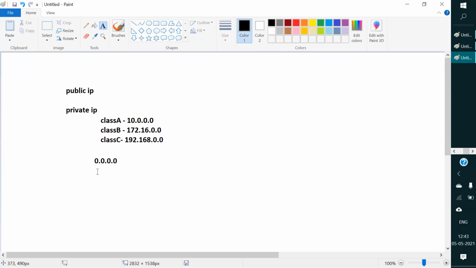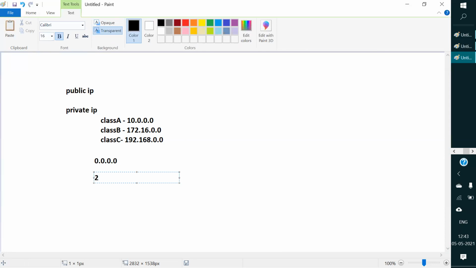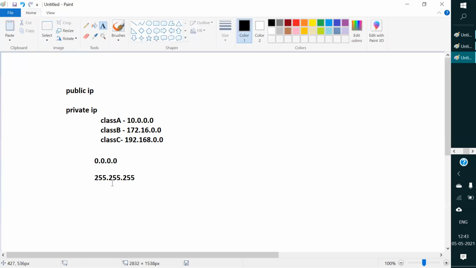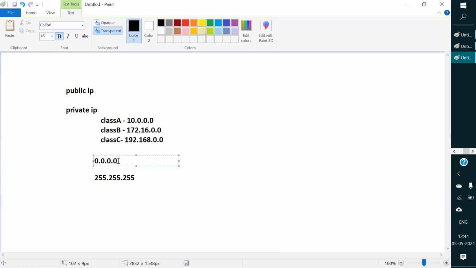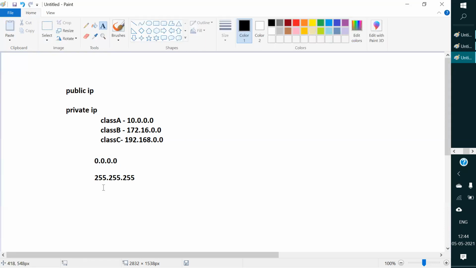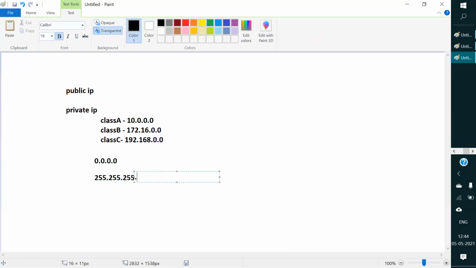And one last one, 255.255.255. This represents all hosts. So this represents all users and this represents all hosts. Whenever you give a rule to allow from all these IPs, that means you are allowing all the public users into your network. Whenever you give a ping to this particular IP,